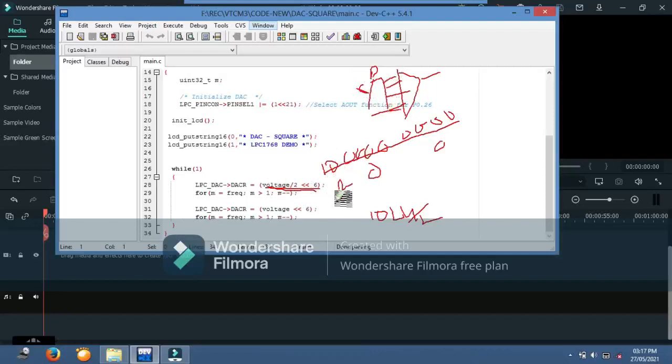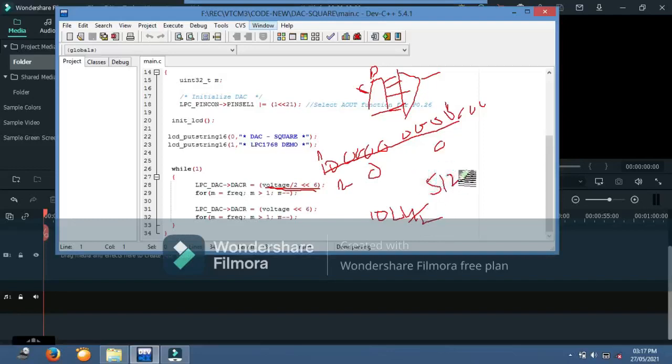So we need to rotate this value to the left side 6 times, because this will be assigned to the 6th bit and this to the 15th bit. Six zeros will be appended, so you should shift it 6 times. This value is 1024 divided by 2, which is 512.